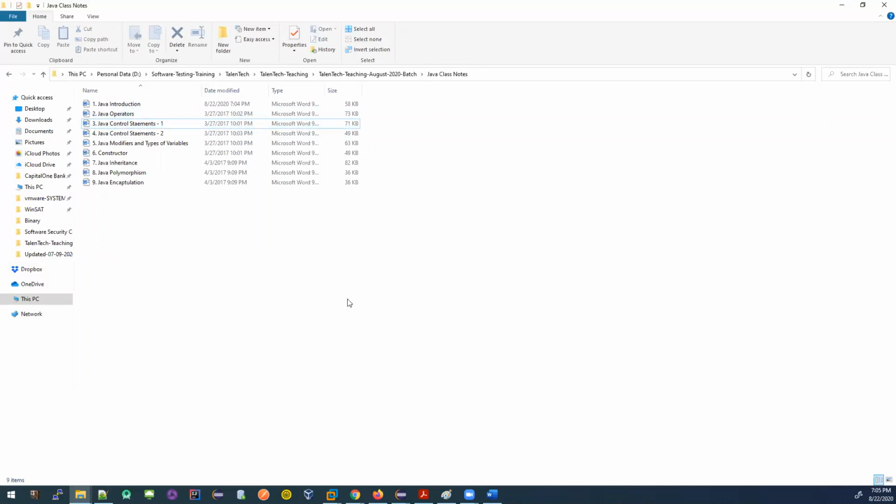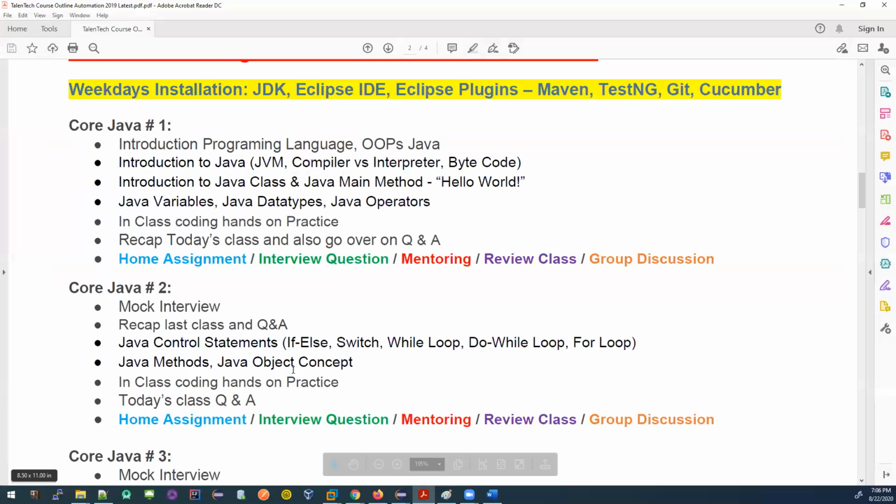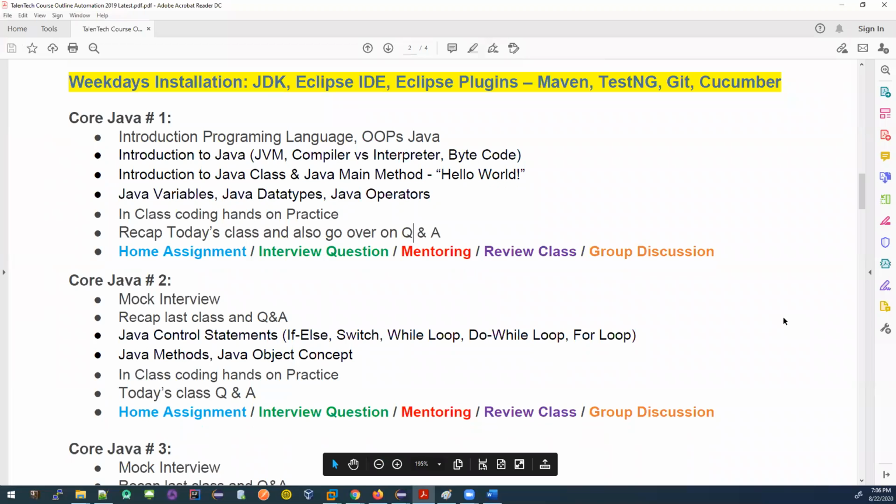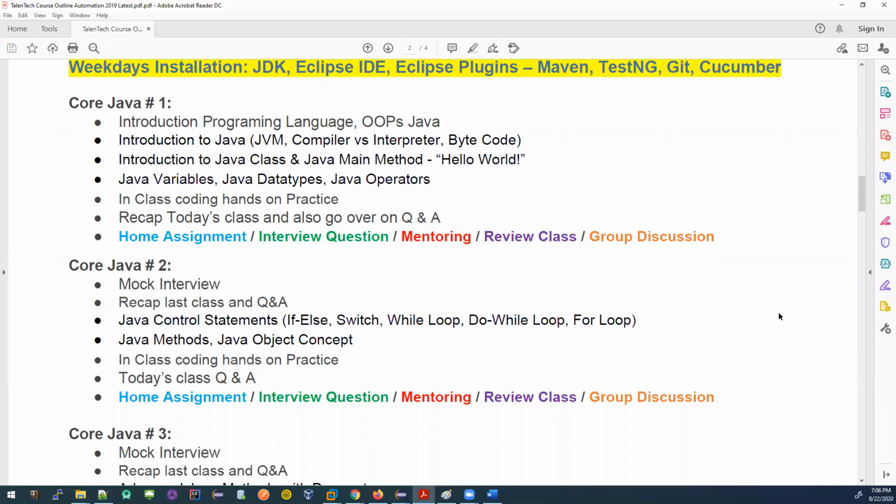What I want from you guys, simply first get the access of Eclipse, Java, execute whatever I did completed. Now go through these two files, introductions and Java operators. Read it through, just like a storybook or anything. Then I will cover these three things we'll be covering next class. The next class we will be having a lot of things to cover. So get prepared for next class. So these are the resources you are going to follow right now.